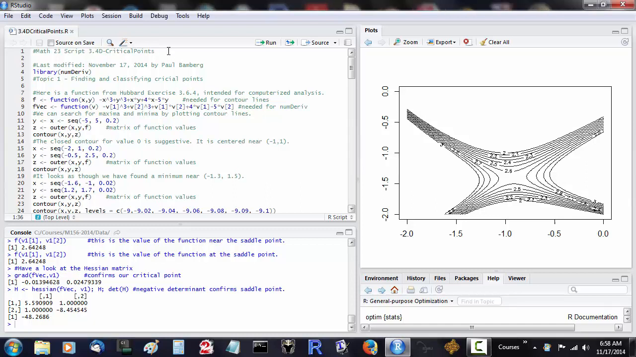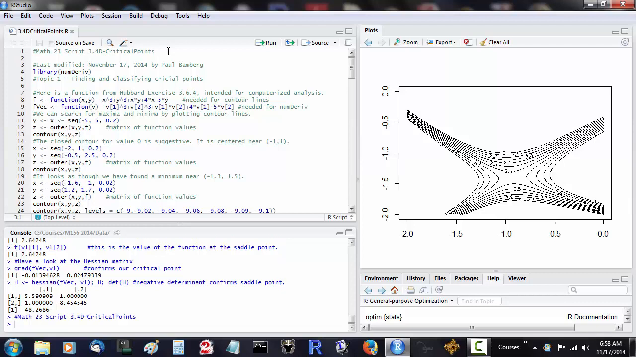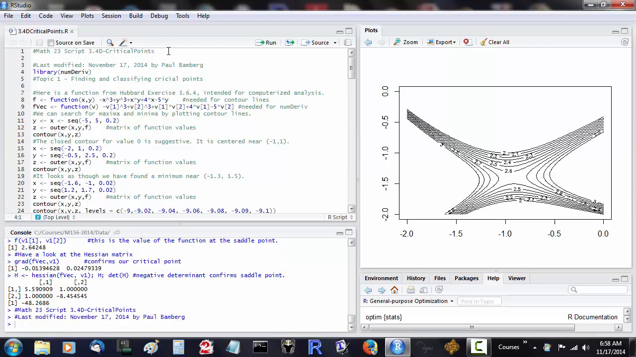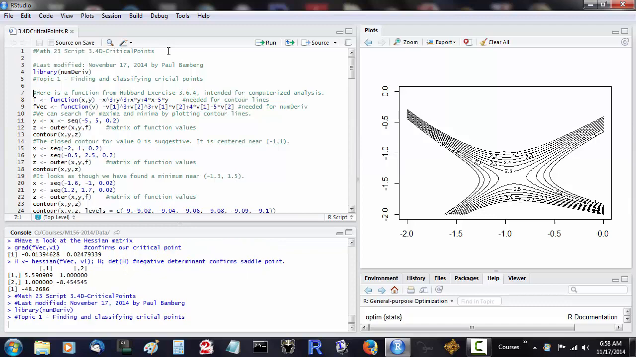It's Paul again, this time with a script designed to show you how you can use R to find and classify all the critical points of a rather messy function. We'll need to be able to take numerical derivatives, so we load the appropriate library, and we load up the